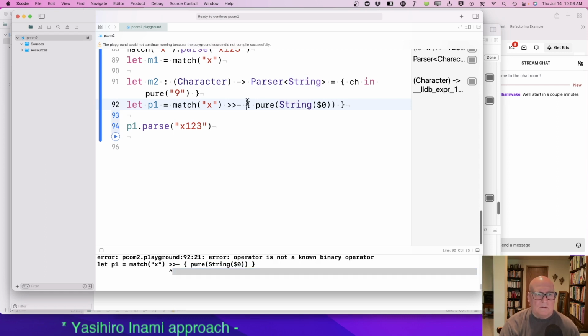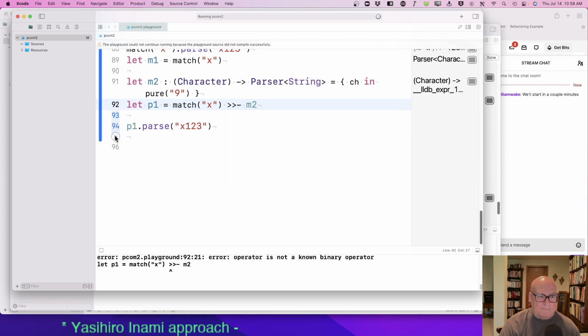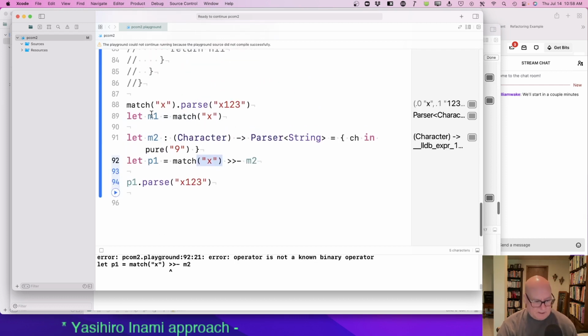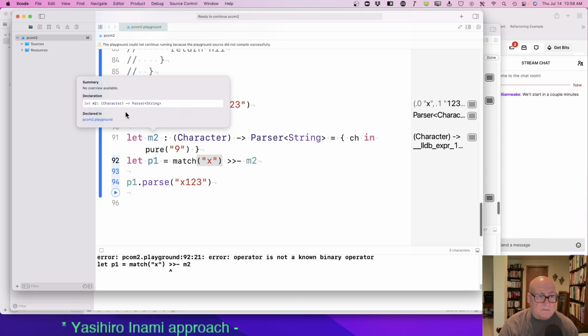Okay, let's do m2. Type of match x should be parser of character, right? Yep. m2 is a function from character to parser of string.